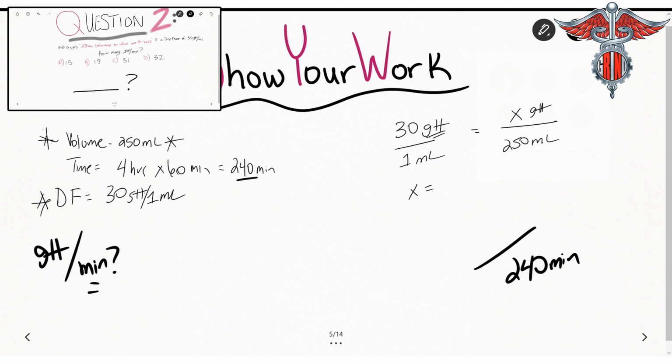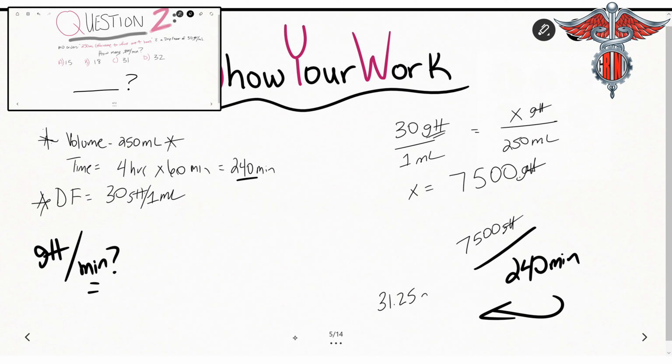And 250 times 30 equals 7,500. 7,500 drops. Total drops, since that's what X stands for. So 7,500 total drops infused over 240 minutes. Once you do that math, that breaks down to